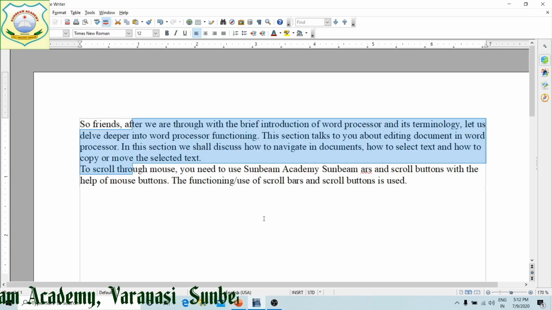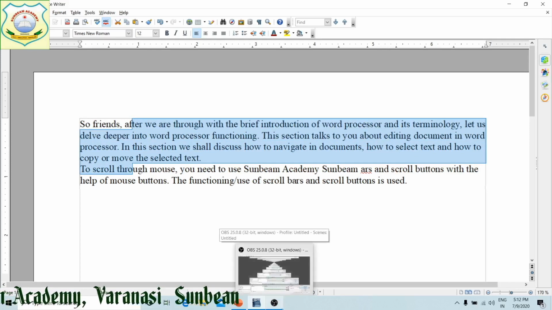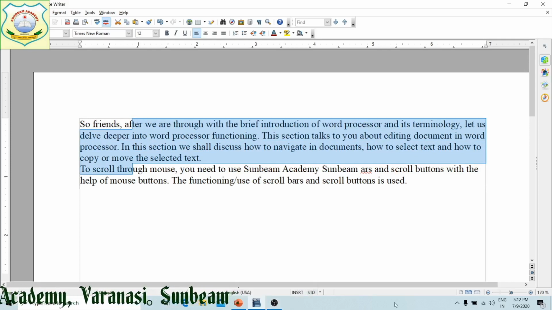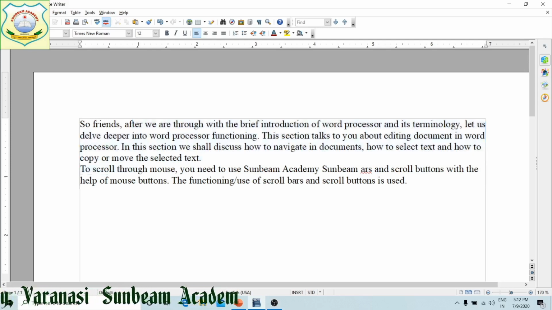Now, which I showed you in the slide, how you are going to extend your selection, this I am going to show you. Suppose my cursor is here. I have selected this much portion. Now I want to extend it. I left the keys.